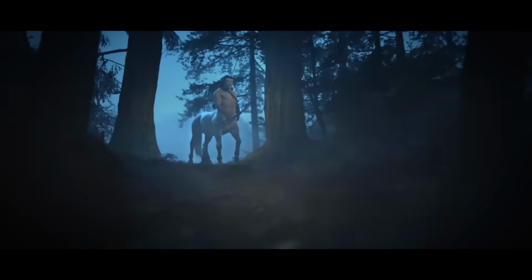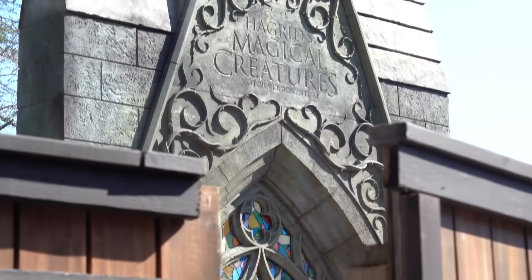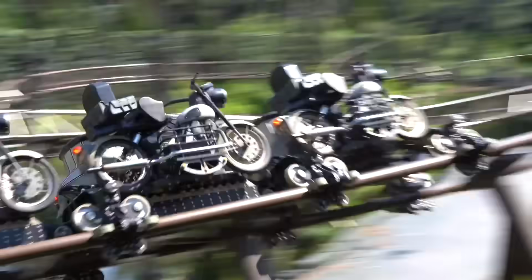Prepare to face the Forbidden Forest and join Hagrid to encounter the rarest of magical creatures in the epic new addition to the Wizarding World. Hagrid's Motorbike Adventure. This new coaster was constructed for a total of $300 million, making it the most expensive roller